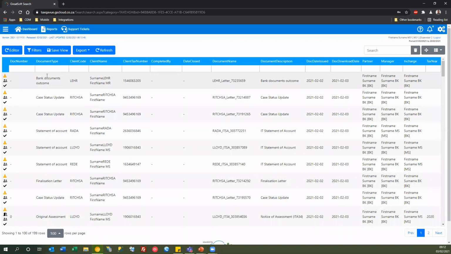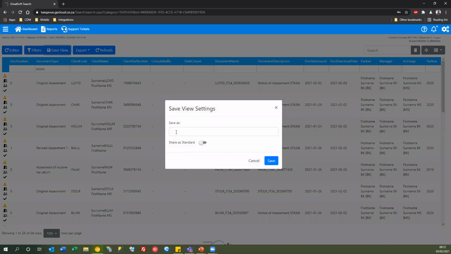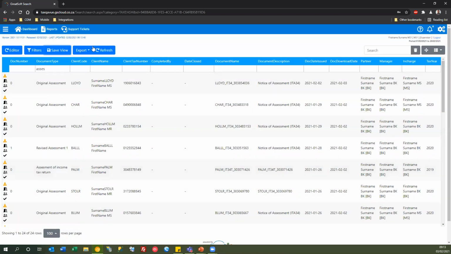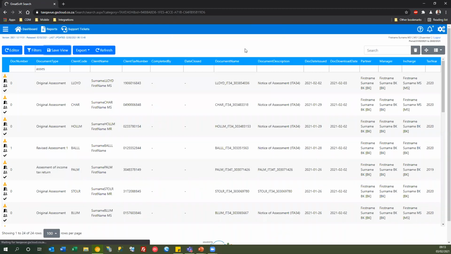So what you can also do here is, let's say, for instance, I want to filter in assessments, and what we can now do is I can now choose to save this view. And what this will allow me to do is I can save it as last month's open assessments. I can also choose to save this as a standard view if I'd like to, and that means other people can access it. So if I click on save this, it's now saved my view. So the next time I come into the dashboard,